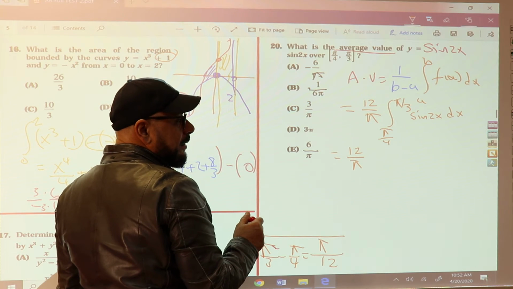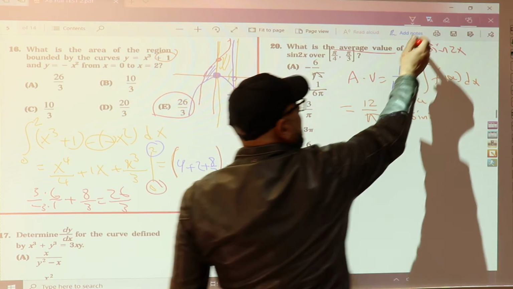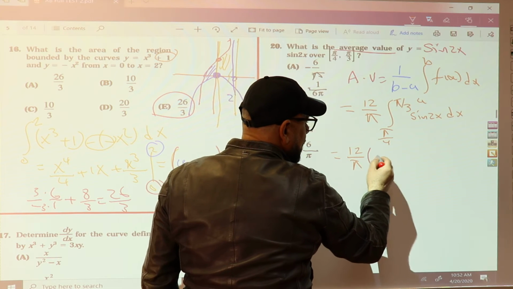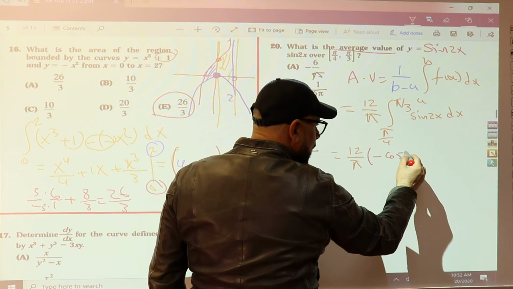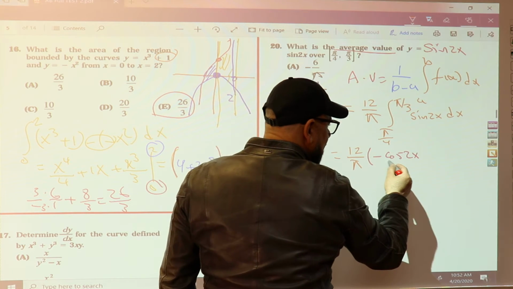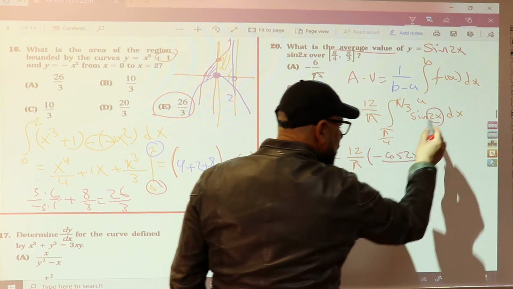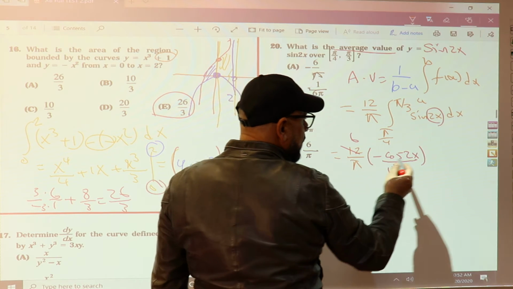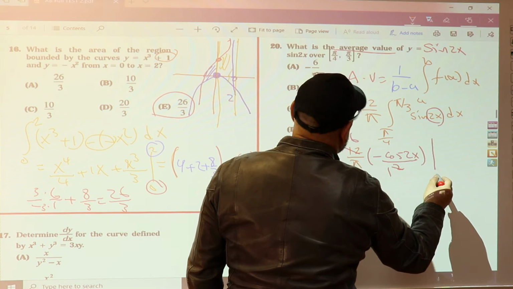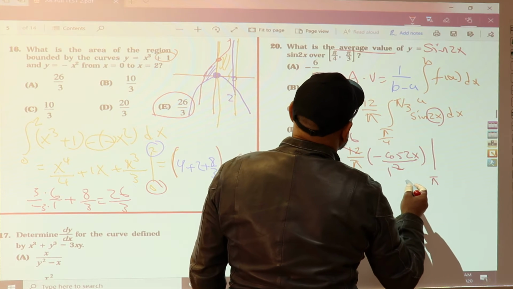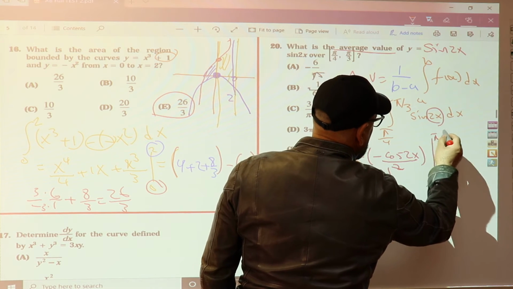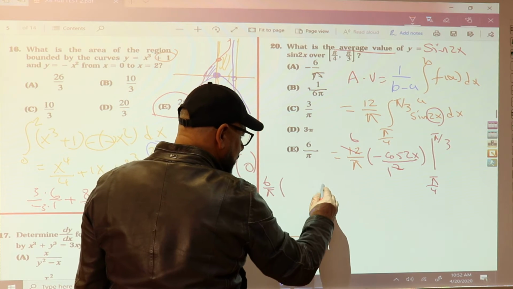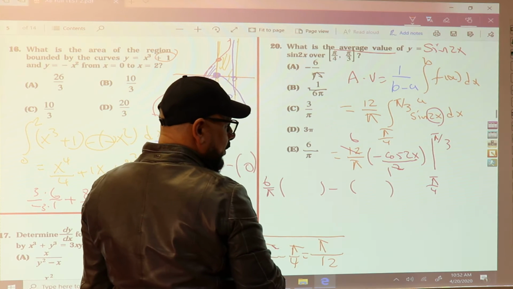Integration of sine is negative cosine. Negative cosine 2x, we divide by what? The derivative of the angle, which is what? 2. Now cancel this with this 6, and from pi over 4 to pi over 3. You plug in first, leave 6 over pi alone, open 2 parentheses, and negative